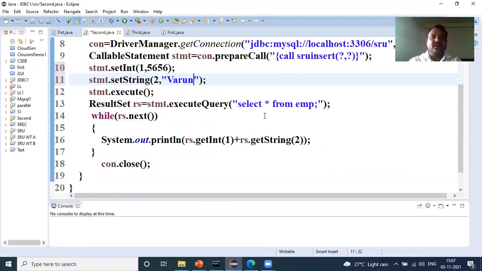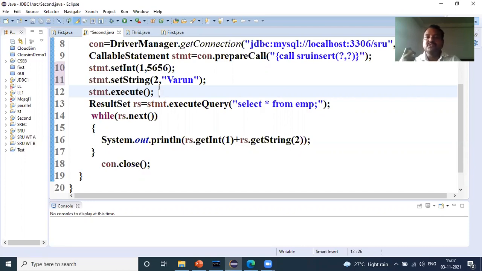Okay. Now I would like to execute this command now. Now after setting my parameters, what I do is I will be calling the method called execute, which executes your statement, and by executing the statement what we are going to do is we are going to call the procedure called SRU insert, which takes some arguments into it.